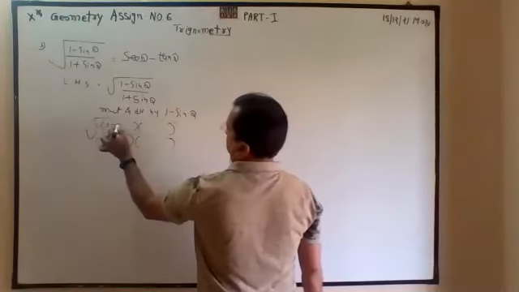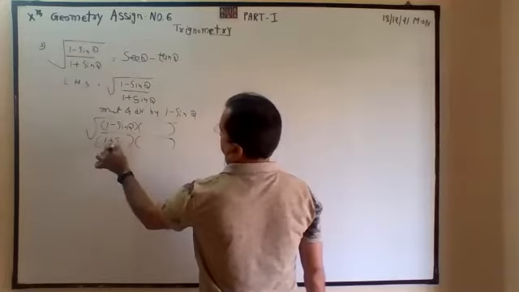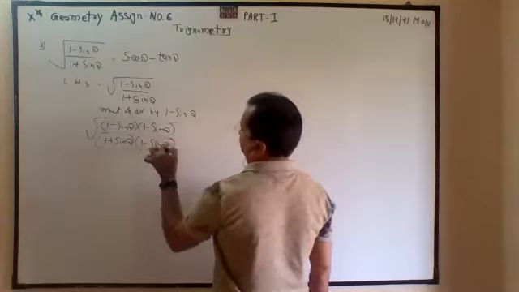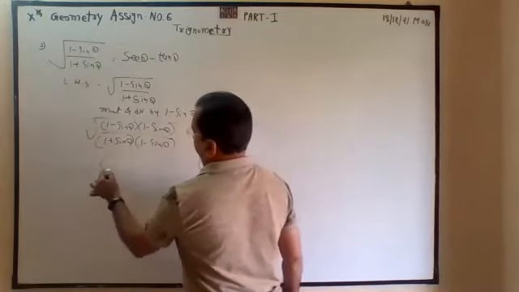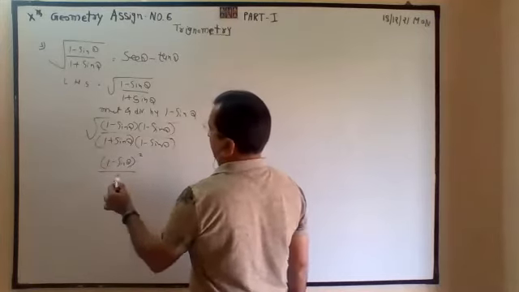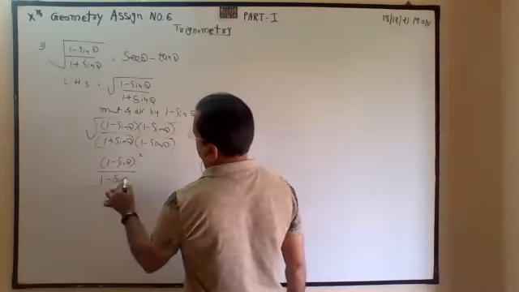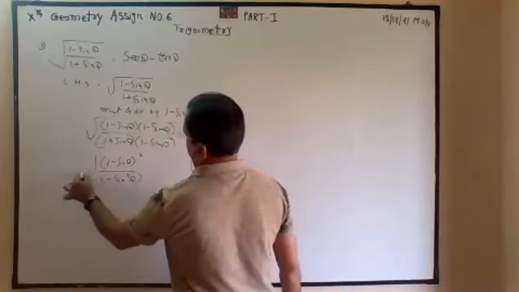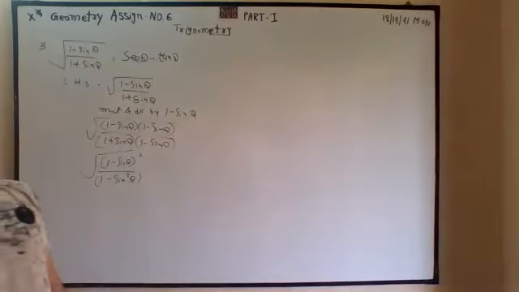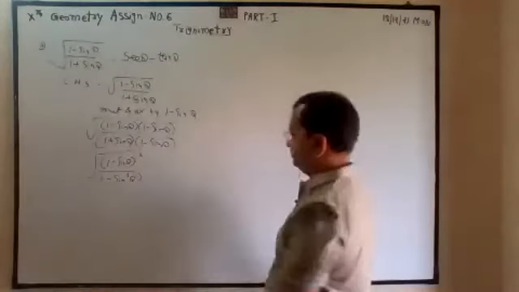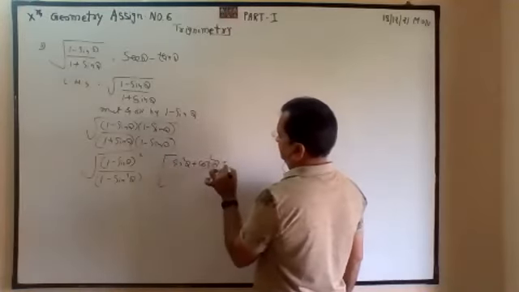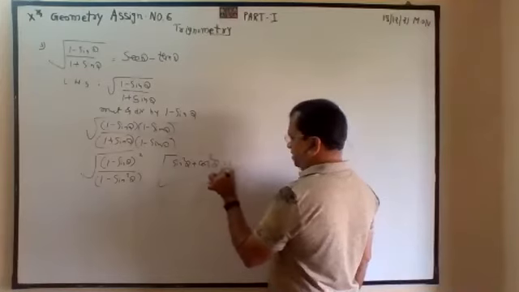Write first the original. Multiply and divide by 1 minus sine theta, 1 minus sine theta. So this is square, bracket, bracket, same bracket, so square. This is 1 plus 1 minus, so 1 minus sine square theta. We know that sine square plus cos square is equal to 1. Then 1 minus sine square is equal to cos square. How? Sine square theta plus cos square theta is equal to 1. So 1 minus sine square theta